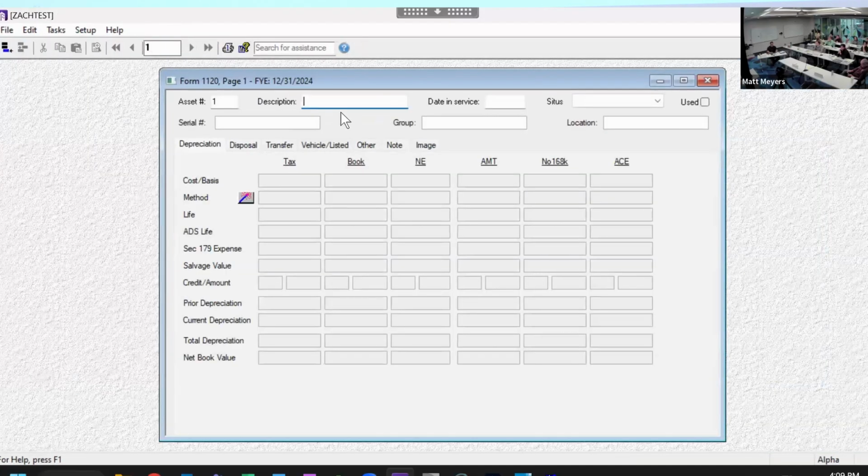I might put in here a BMW, right? Okay, date in service is 01/01. That's supposed to work. There we go, 2001, how about that? So I added the description and date in service, and if it's tied to a group number here,